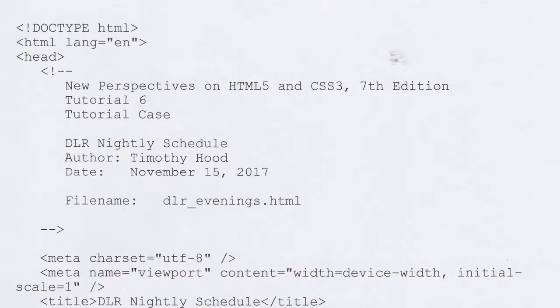DLR_evening.html. It's very important once you get in there that you change this file and save it with that .html, because all the changes you make on it will be reflected. But if you don't put that down on there, it's not going to know where to go. It's not going to know what to read. There are steps and rules to this. So once we place